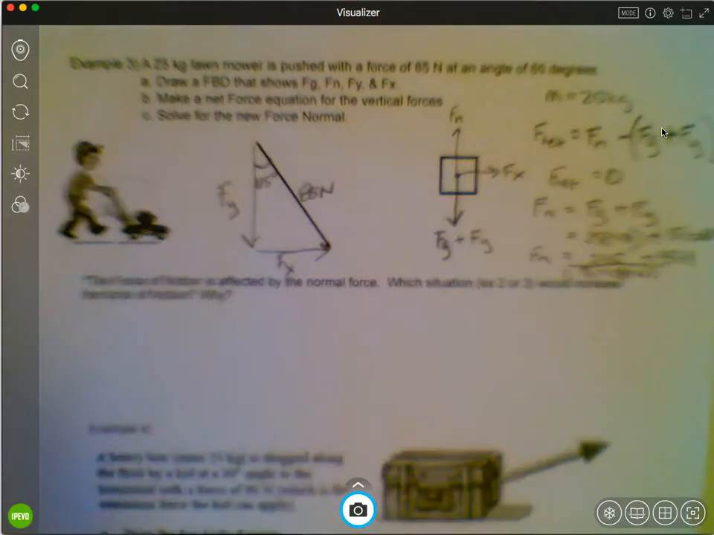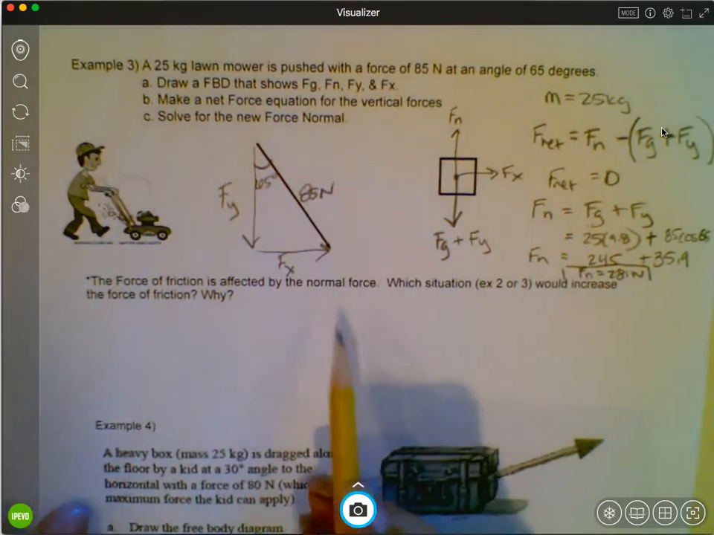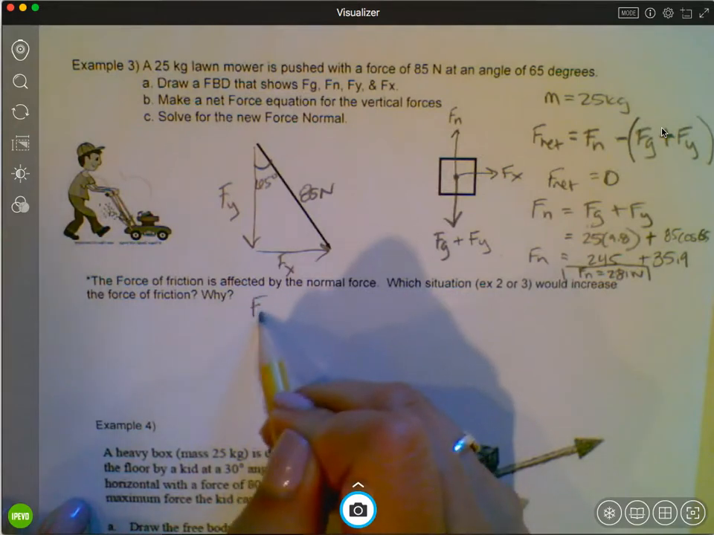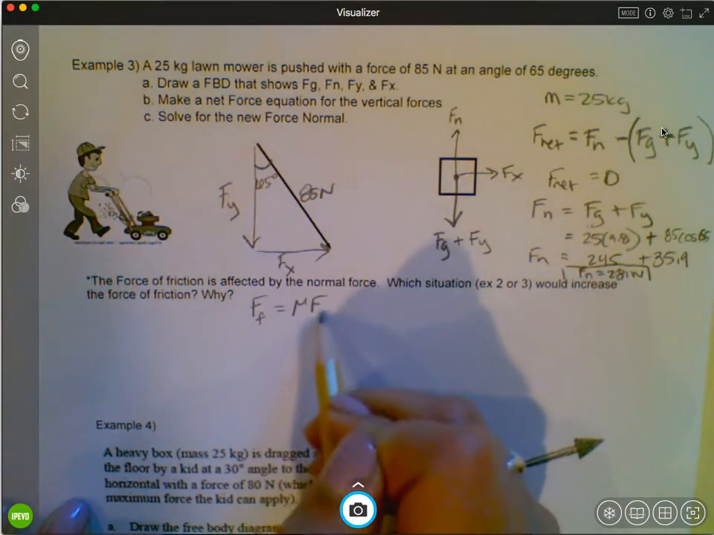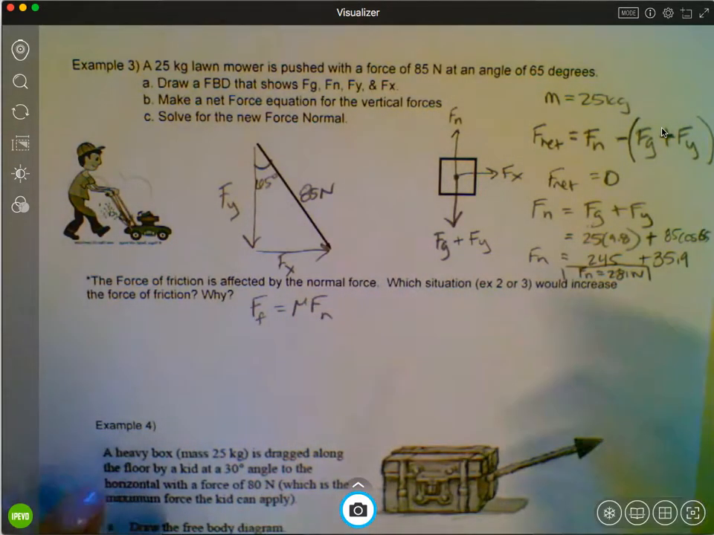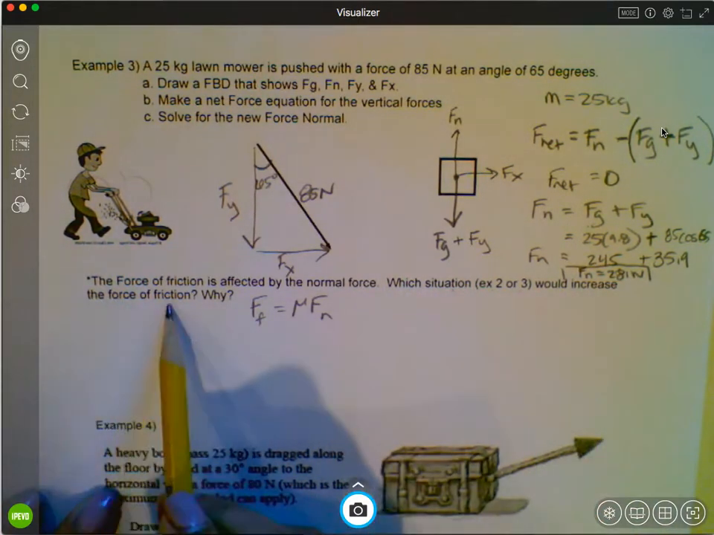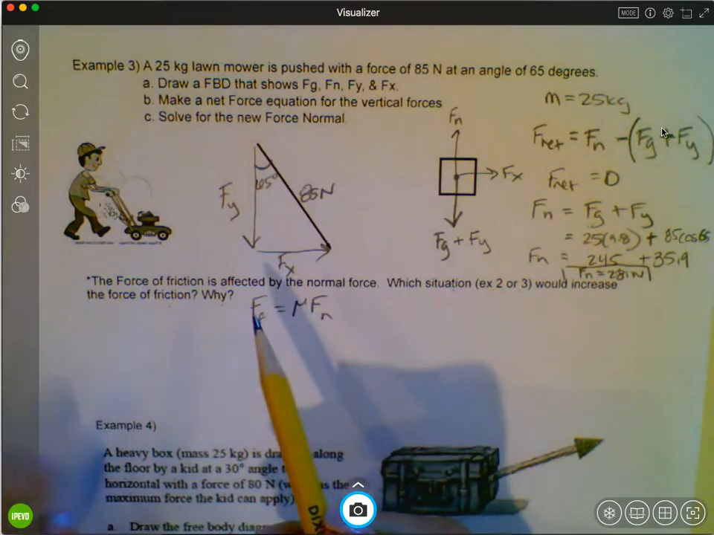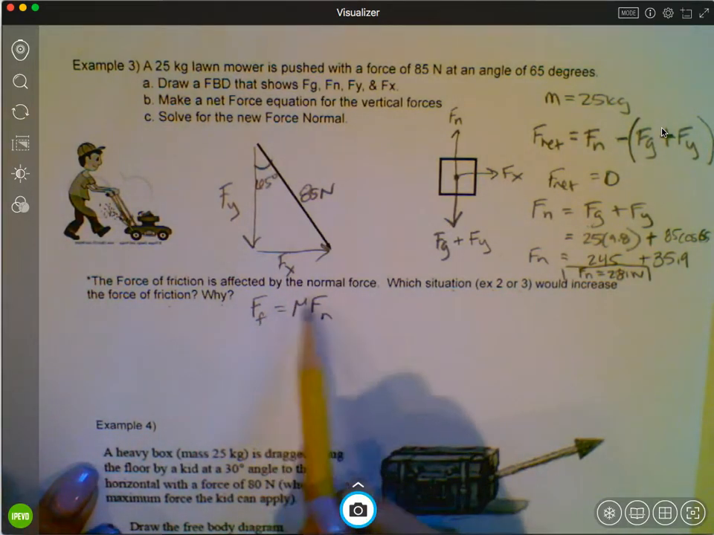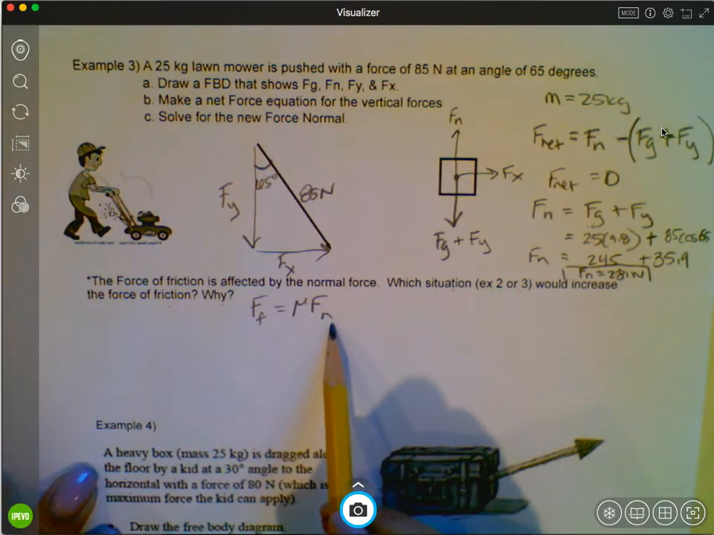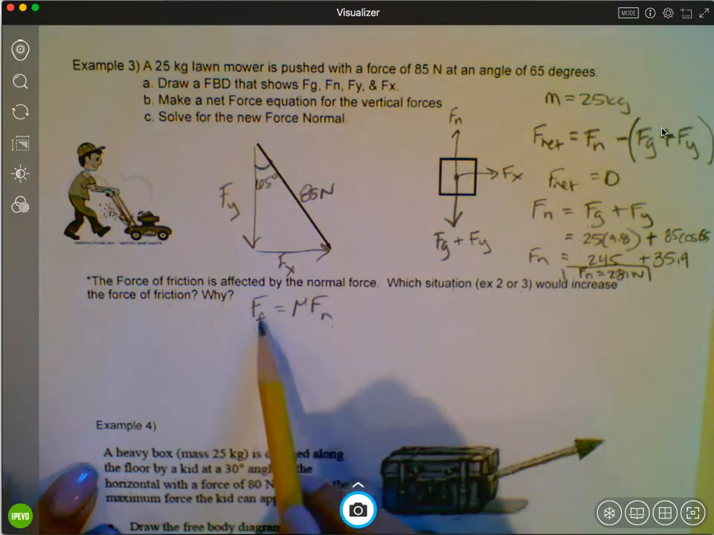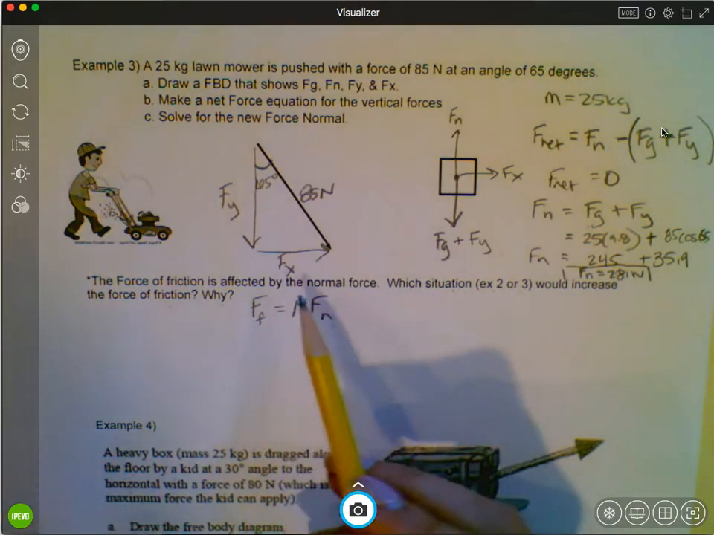All right, the force of friction is affected by the normal force. That is true, right? We know our frictional force is mu times the normal force. So which situation, example 2 or 3, would increase the force of friction and why? Well, this should be pretty simple. Force of friction is directly proportional to the normal force. As the normal force goes up, friction goes up. So if you look at both examples,